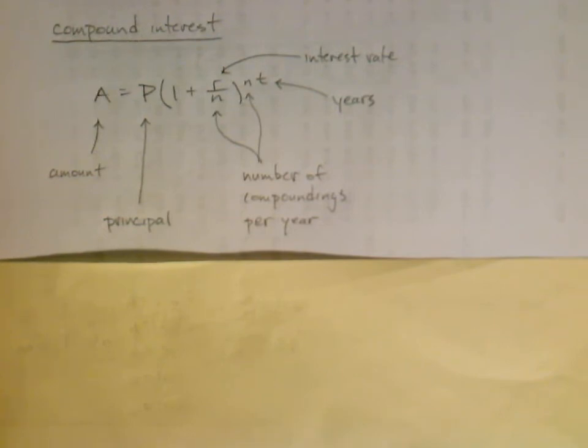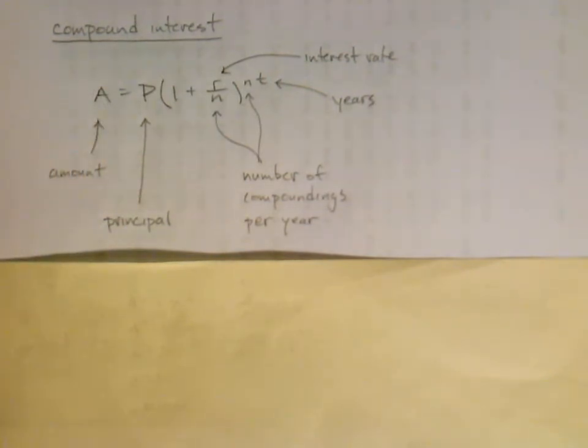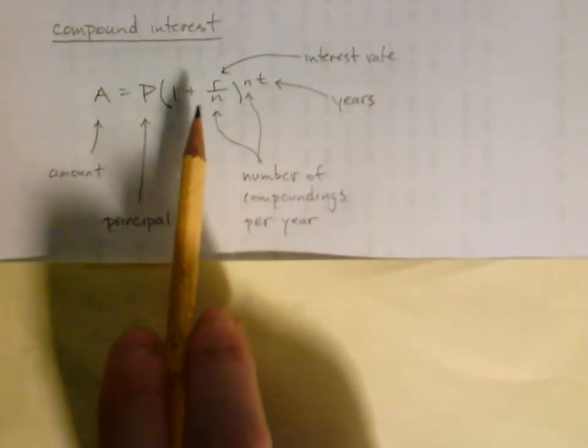I'll just explain what all these parts mean. A is the amount, so that would be the amount after some number of years that it's been gaining interest. We use the letter P because it represents the principal. The principal is always the initial amount that you invest, although I see that word much more often when it comes to loans. The principal of the loan is the original loan amount that you're trying to pay off, and interest is working against you, right? Okay, anyway, the initial amount, the principal.